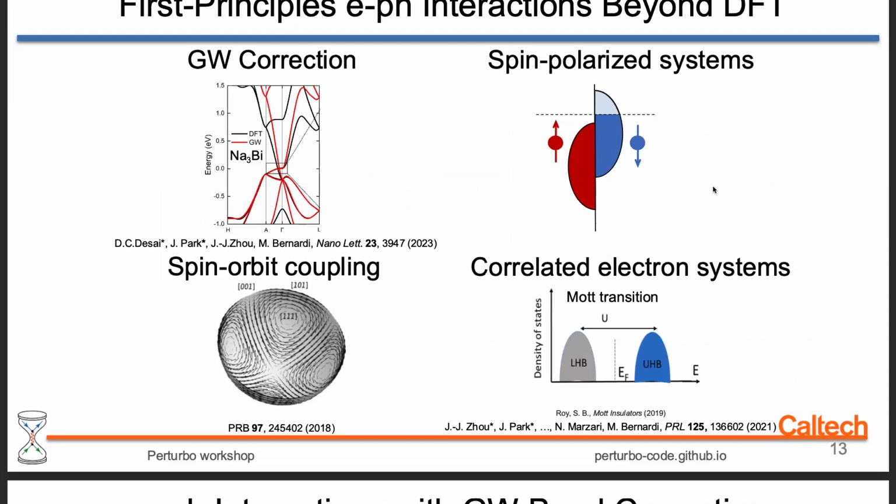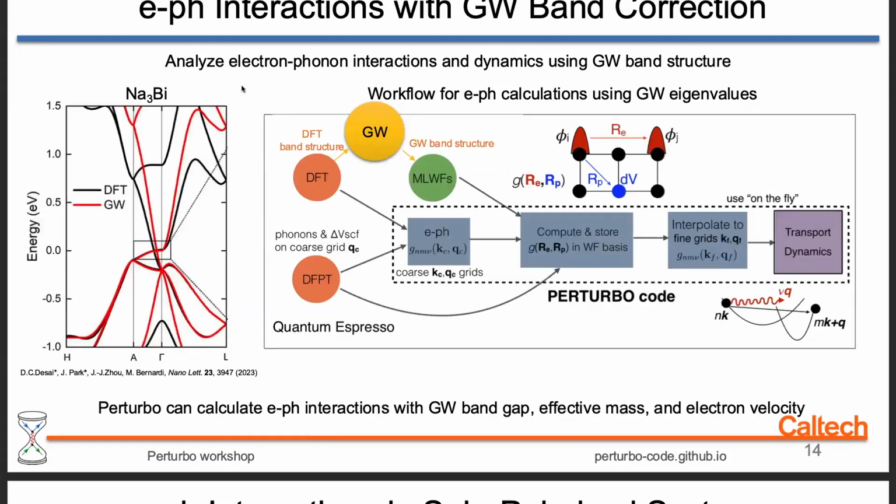Okay, so now I'll talk about some first principles methods beyond normal DFT. So the first is using a GW correction for the band structure. This is pretty simple, but oftentimes